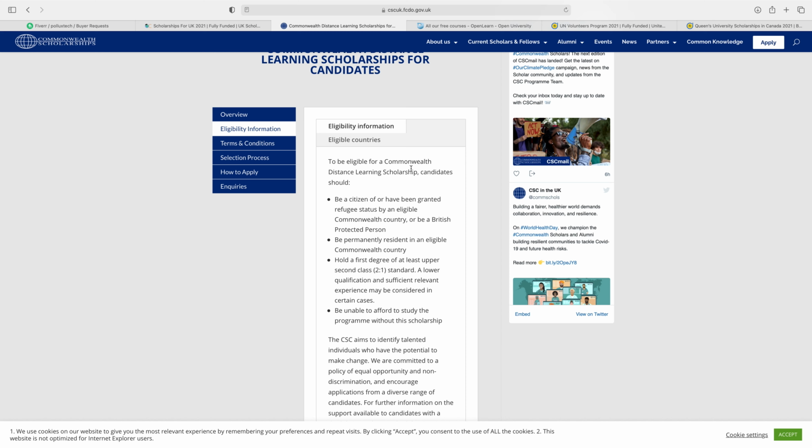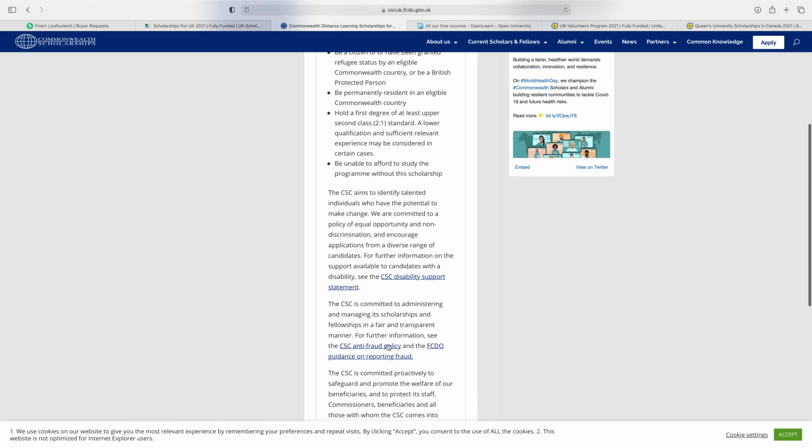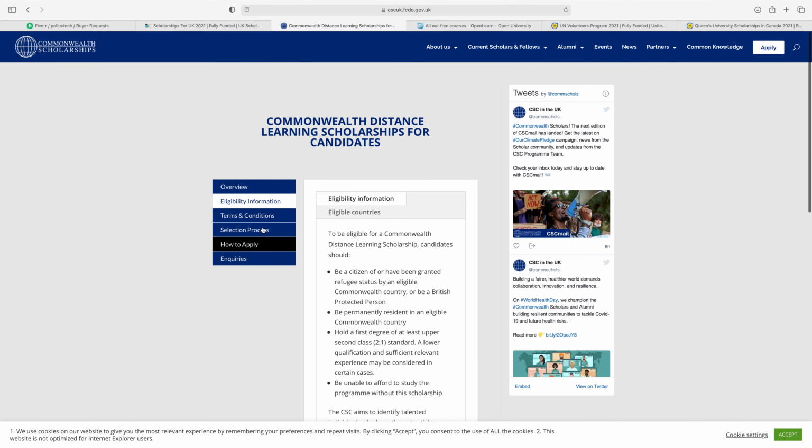To be eligible for a Commonwealth distance learning scholarship, candidates should be a citizen of, or have been granted refugee status by, an eligible Commonwealth country, or be a British protected person, hold a first degree of at least upper second class standard, and be unable to afford to study the program without the scholarship. So from here you can check everything about eligibility information.